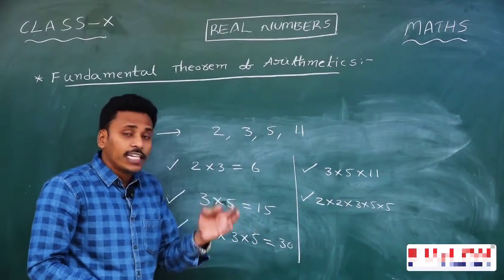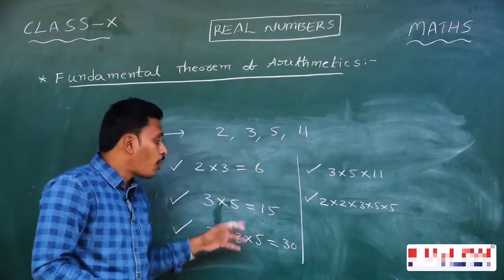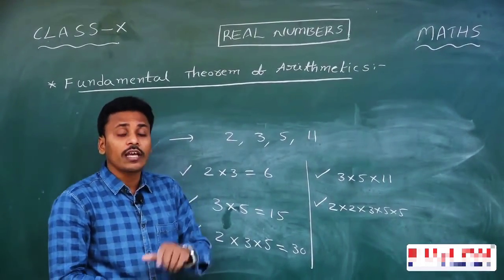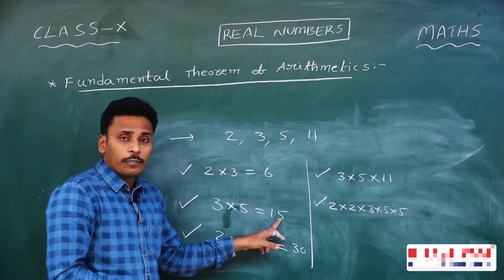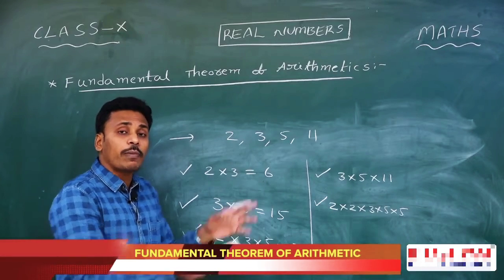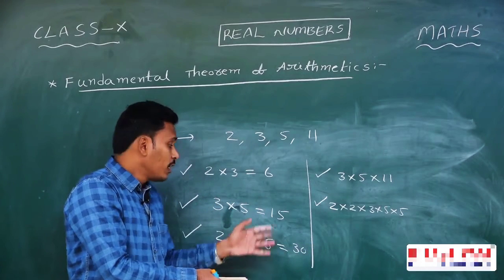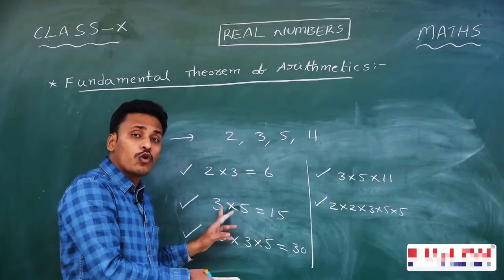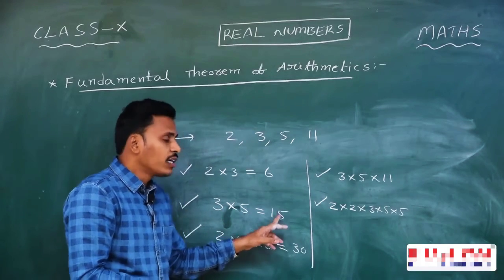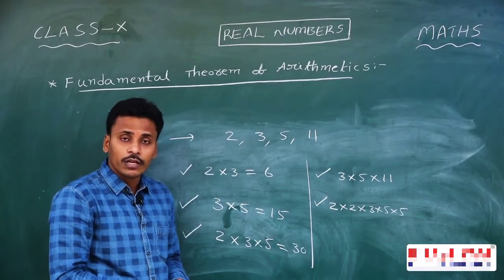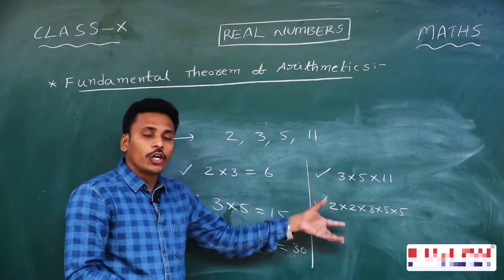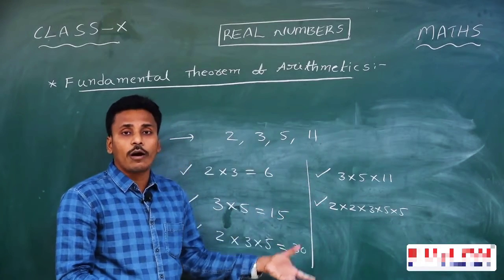And it is very clear that all these possible numbers are composite. Why are we saying it is composite? Because, suppose you take 15, we are writing this 15 as 3 into 5. By the definition of a composite number, if a number is written as a product of 2 other numbers other than 1 and itself, we say it is composite, and that's why this 15 is a composite number. So, in a similar pattern, if you check, all the newly formed numbers are again composite.